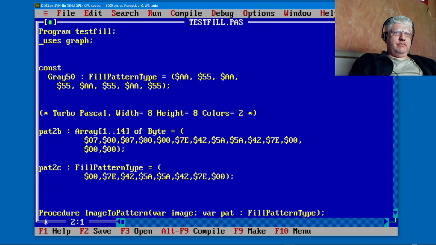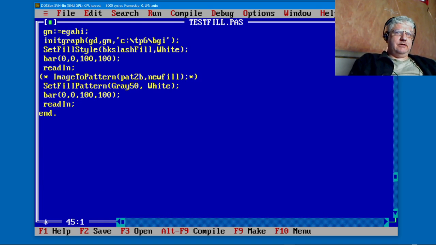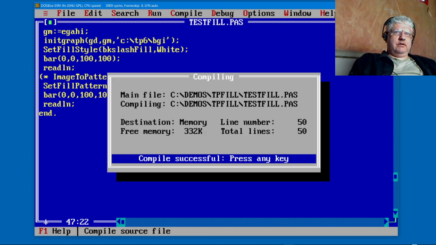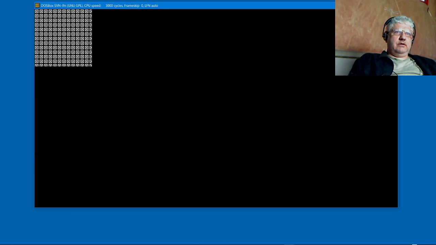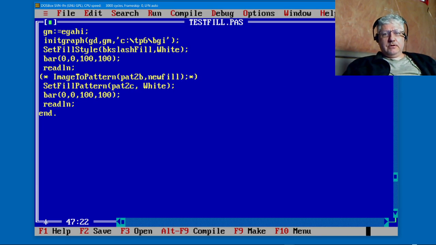But we can change it to, I have a few here. Let's change it to this one here, Pat2C. And that looks like that. And how did I create this pattern? Well, you could manually encode this,